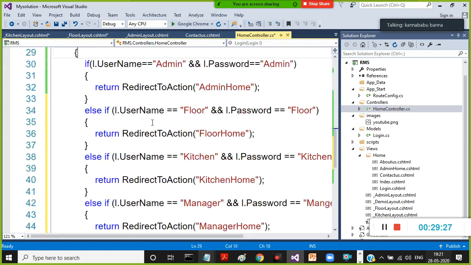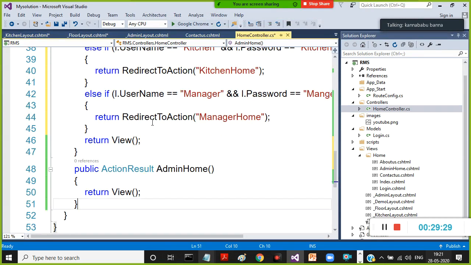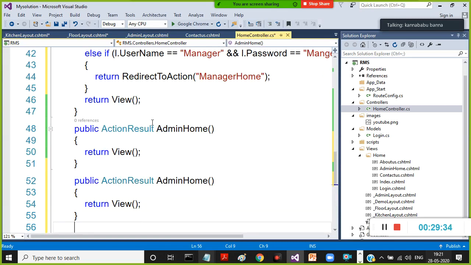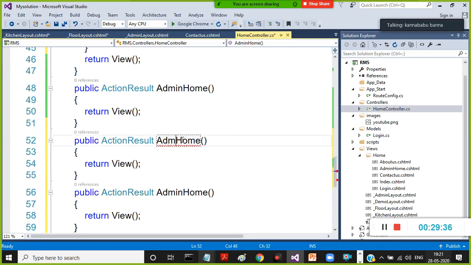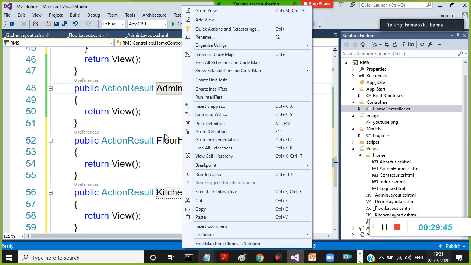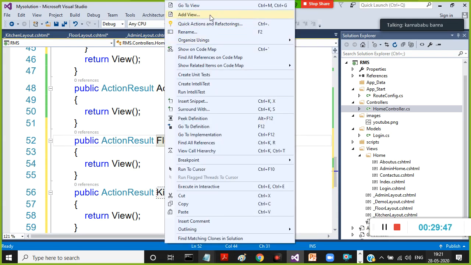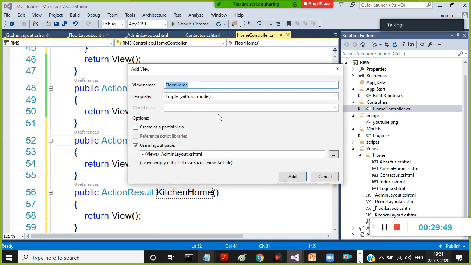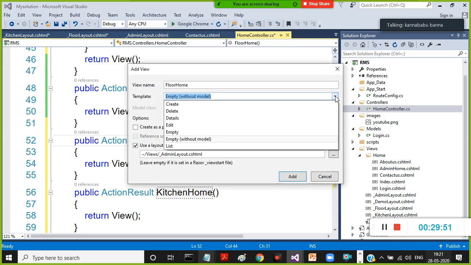This is about your kitchen layout. Now go to your home controller.cs. Here I created the admin home now. Similarly, create the other action methods, floor home and kitchen home. I try to give the name as floor home, and here I'll try to give the name as kitchen home. Very clear. So right click on admin home, already completed. Right click on floor home,